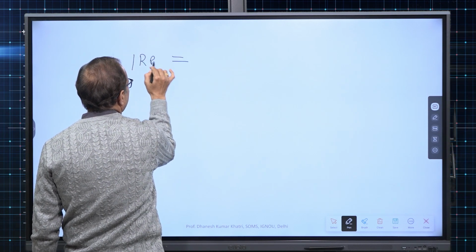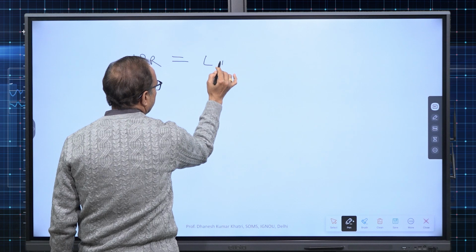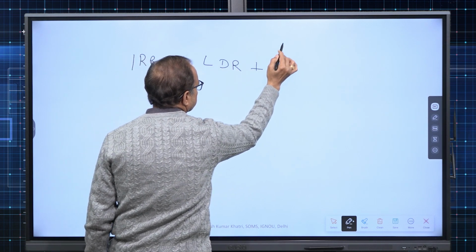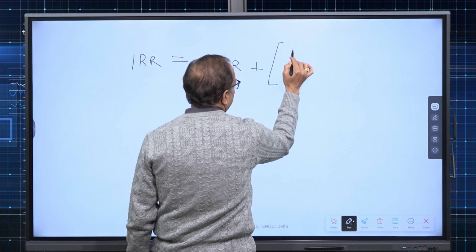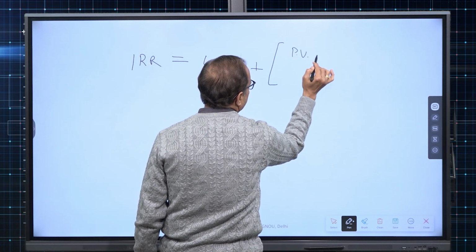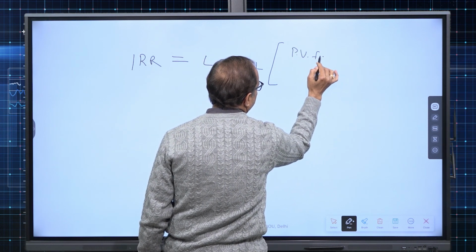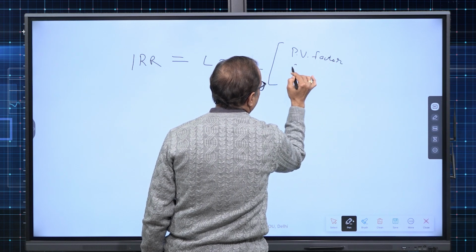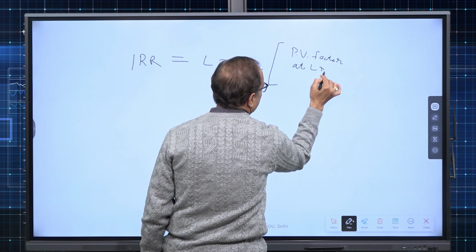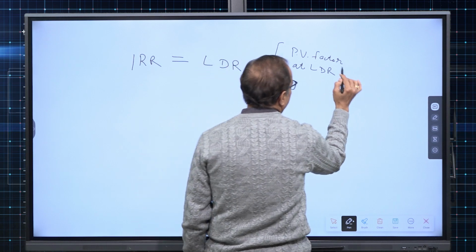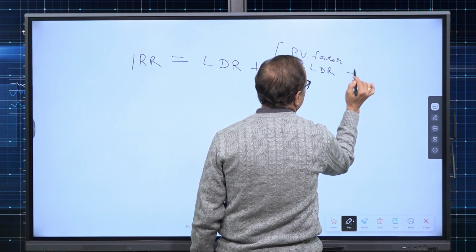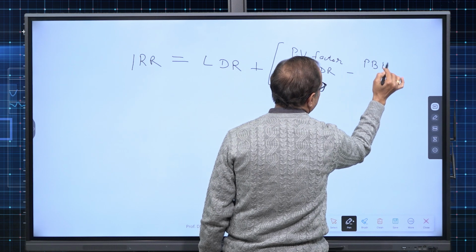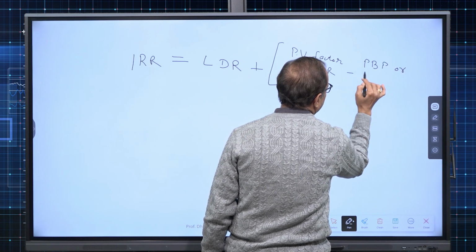IRR equals lower discount rate plus present value factor at lower discount rate minus, either you can say payback period which we calculated, or we can say target factor,